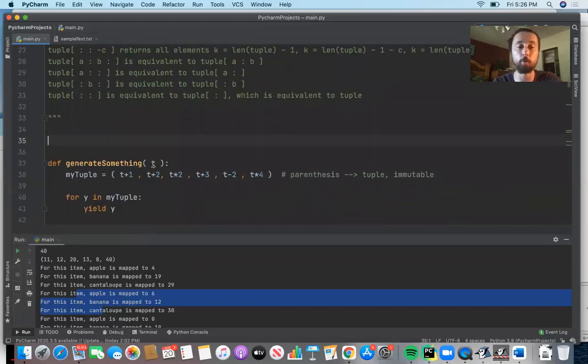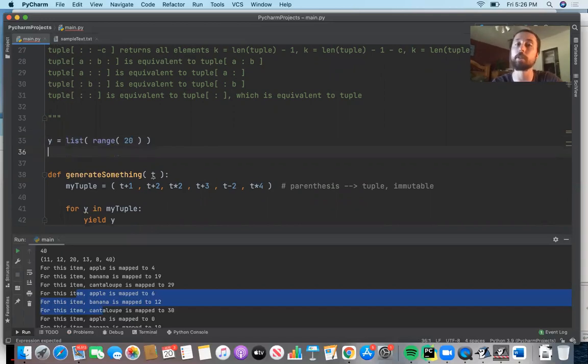So let me show you what I mean by that. What we're gonna do is we're gonna say Y is equal to list of range of 20. And we know what that is, right? That's gonna be a list with the elements 0, 1, 2, 3, up to 19. We're familiar with that. And then what we're gonna do is we're gonna say print Y of 10 colon 17,